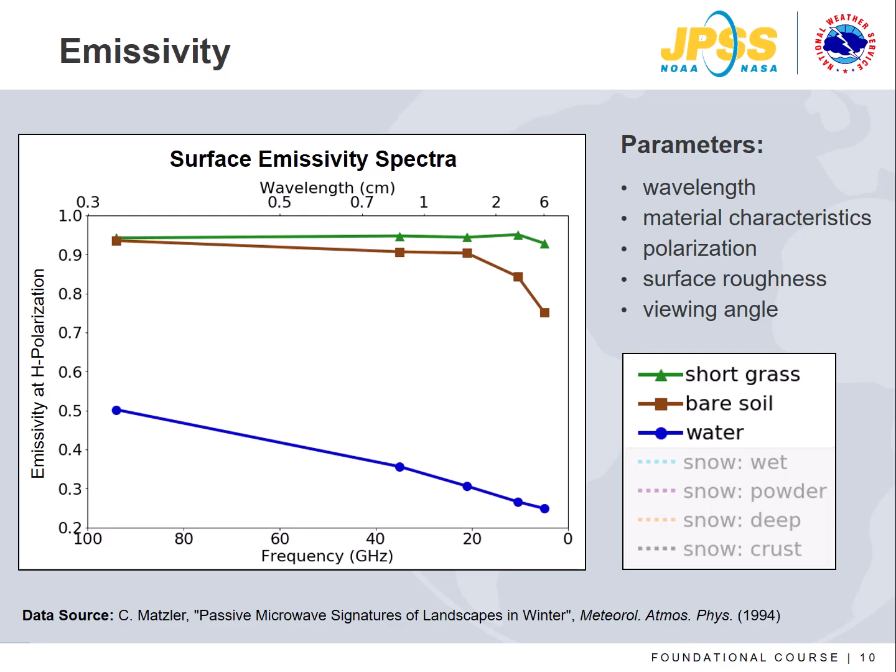Polarization, surface roughness, and viewing angle also have an effect. More information can be found in the comment resources at the end of the module. The surface emissivity spectra show that bare soil and vegetation, such as short grass, are the strongest emitters of microwave energy and will appear closest to their physical temperatures. Water surfaces are the weakest emitters with emissivity values less than 0.5 and will appear much cooler than their physical